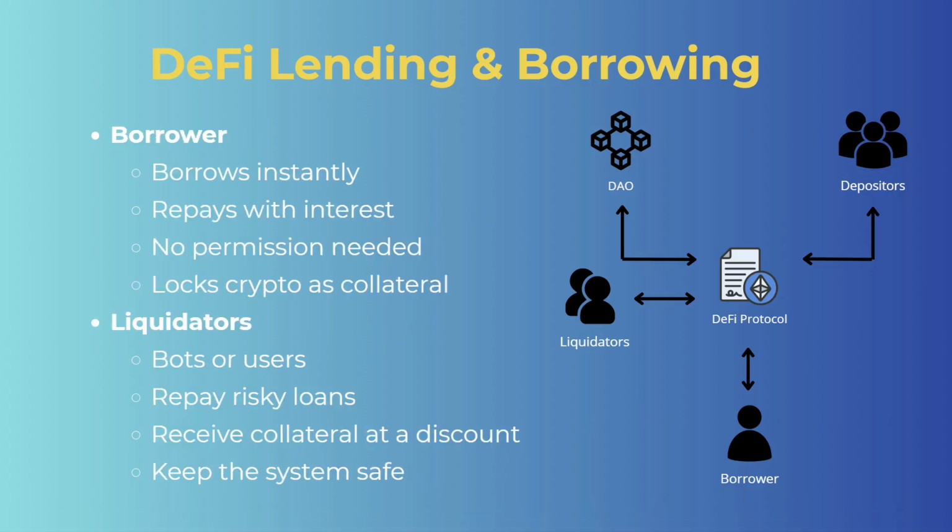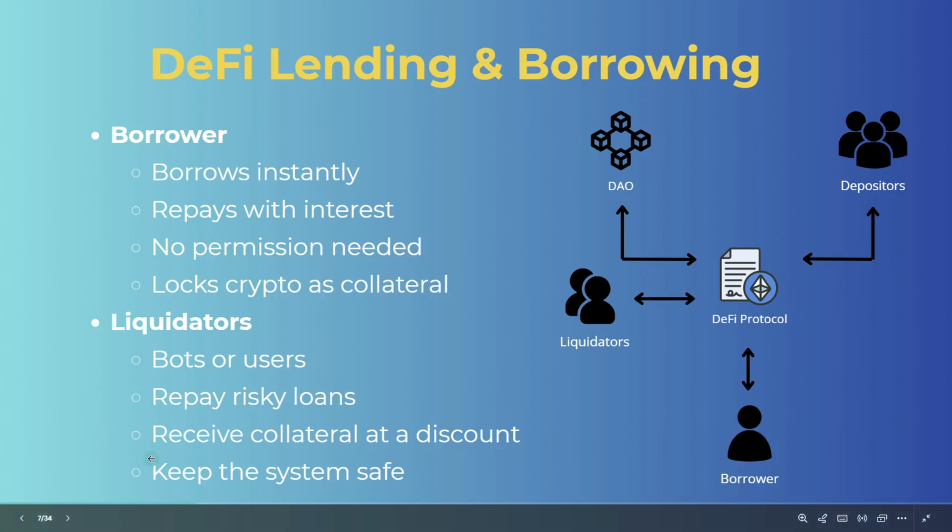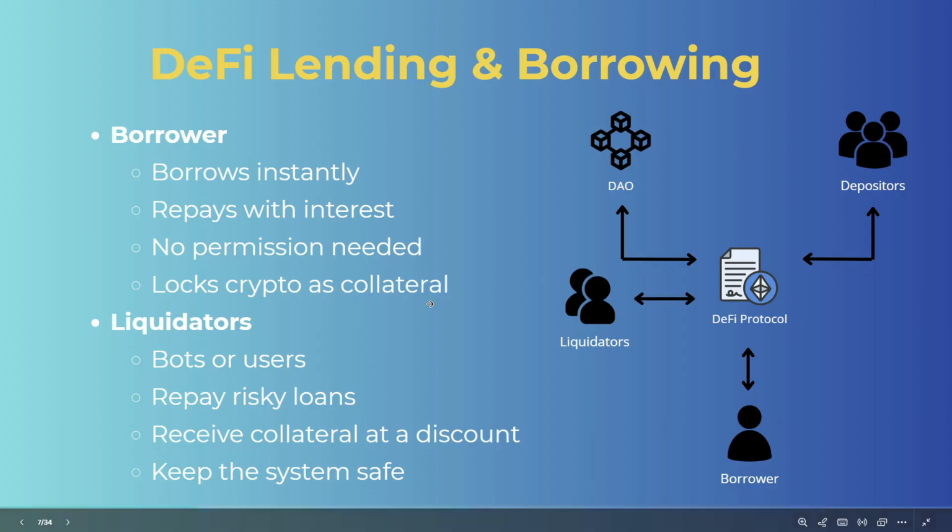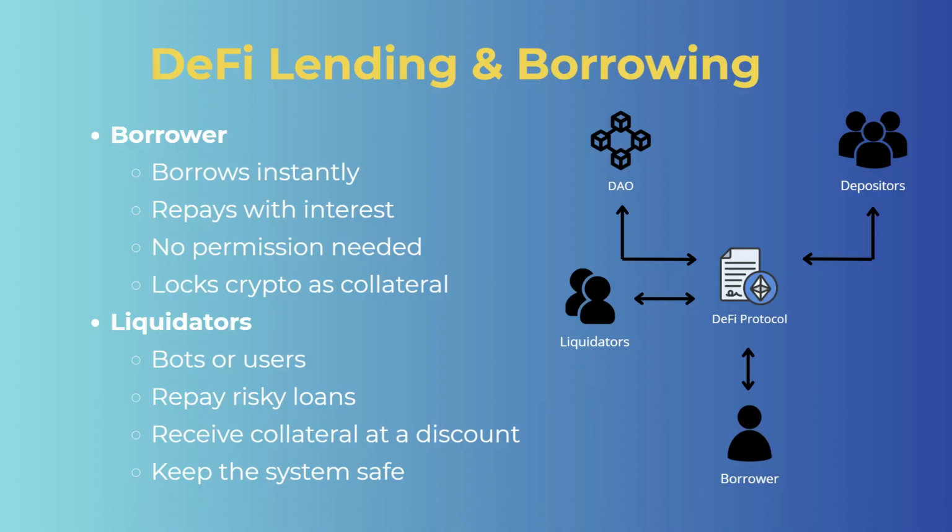The other actors in this game are the borrower. The borrower can instantly borrow money and repay the money with interest. It has to ask no permission, and it locks the crypto as collateral. Then we also have the liquidator, which can be bots or users. They repay risky loans, receive collateral at a discount, and keep the system safe. We will see this part of liquidators better later on when we